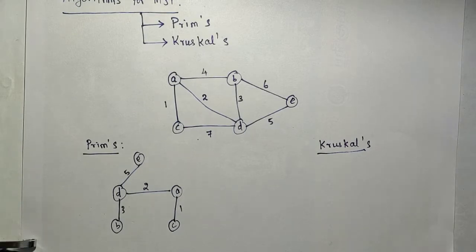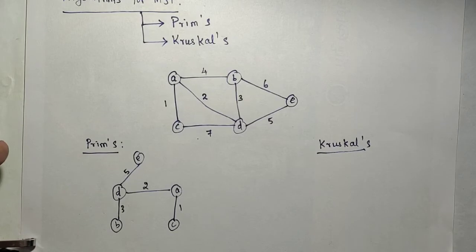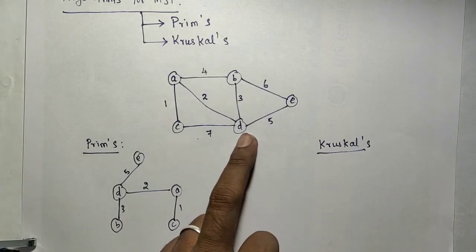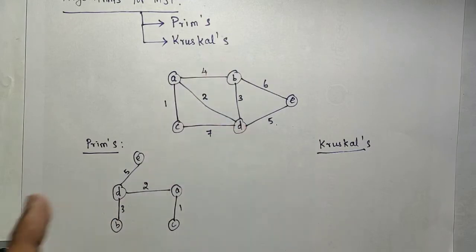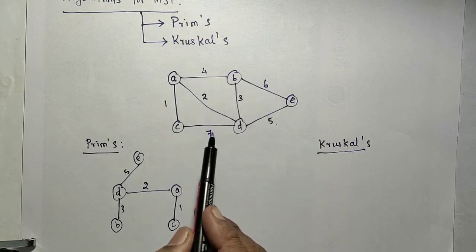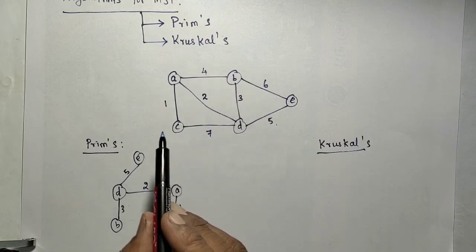But Kruskal algorithm is somewhat different. Here we are not going to travel through the vertices. Instead, we are going to observe the edges. Here we do not start with a vertex. Instead, we observe all the edges. The edges are going to be added one by one to the spanning tree. Just observe all the edges and pick the edge with the least cost.